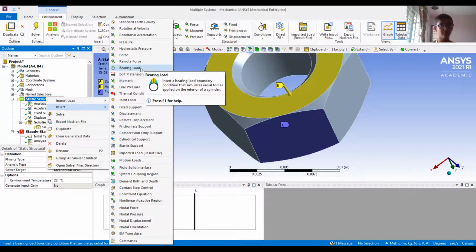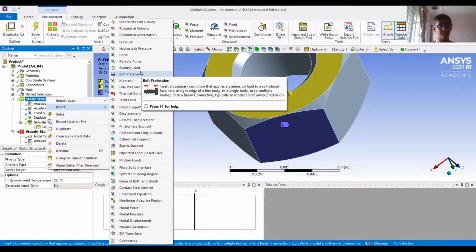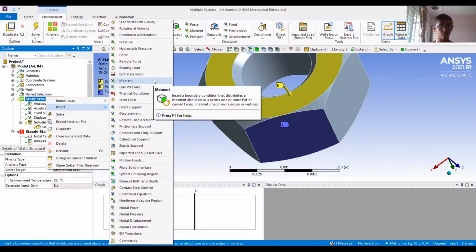Then we have a bearing load. So on a bearing we can have radial force, circumferential force, or axial force depending on the type of bearing. The bolt pretension means if there are some fasteners involved, we can apply that pretension which is being applied physically. That physical thing can also be represented over here in ANSYS. Then we can apply line pressure, we can apply moment.